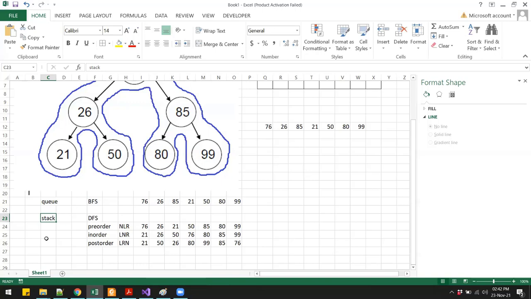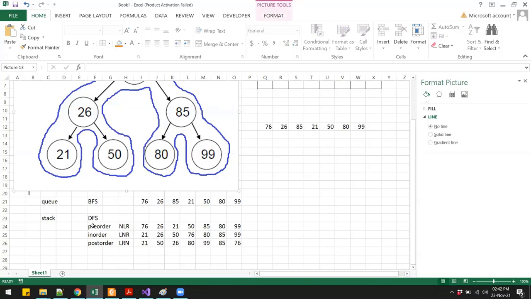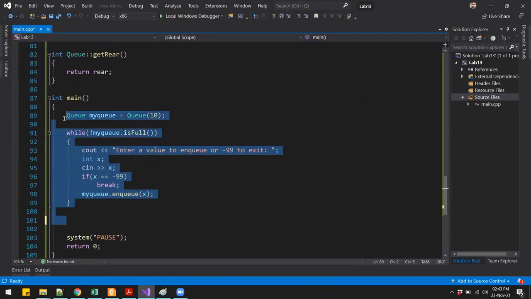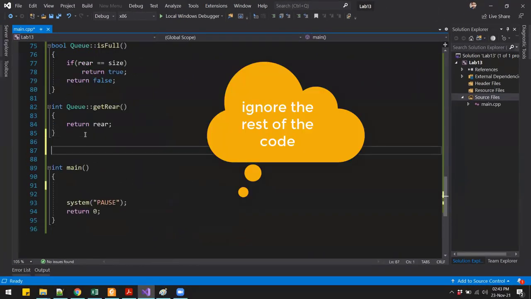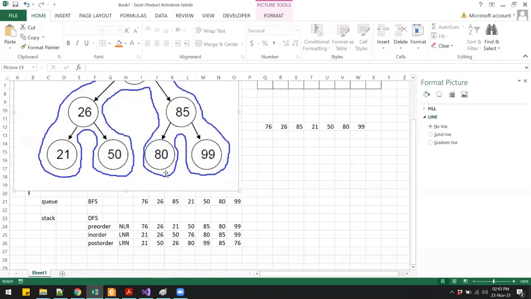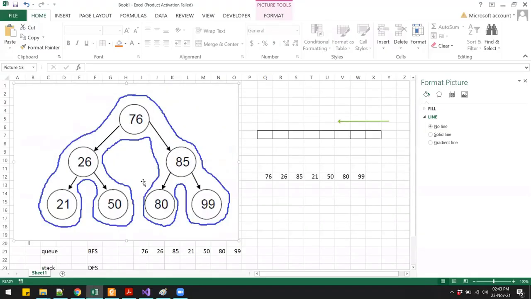We can simply use a recursive technique because we know that behind the scenes, we are using a stack when we are doing recursion, right? So let us try to implement the pre-order traversal for this tree. I just have an empty main function, and over here we will first need to build the tree before we can traverse.